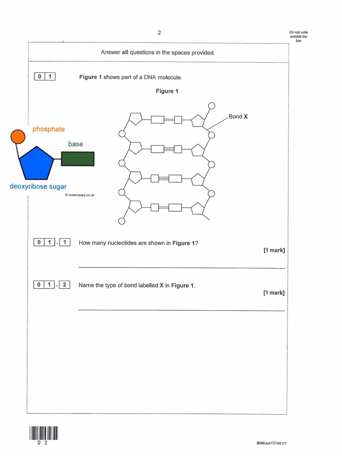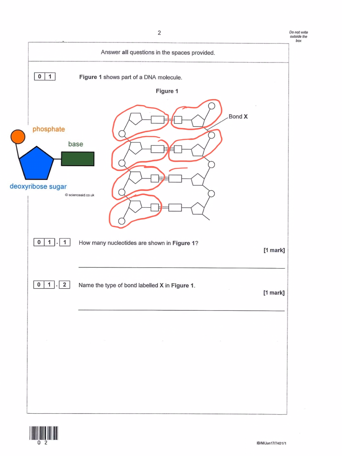So shown in this diagram, we have 1, 2, 3, 4, 5, 6, 7, 8 nucleotides. For part 2, we're asked to name the type of bond labelled X in figure 1, and as